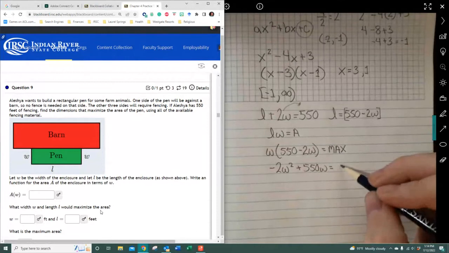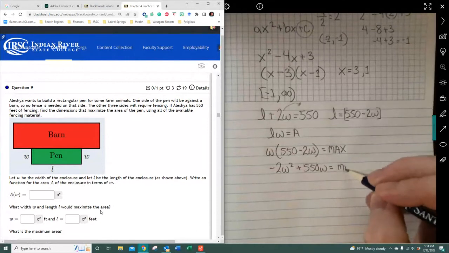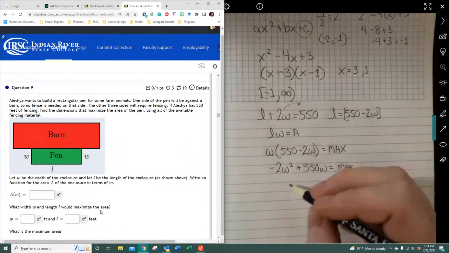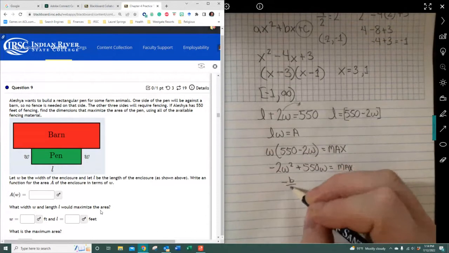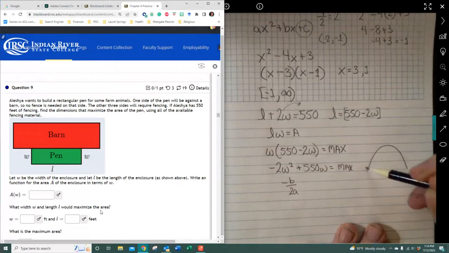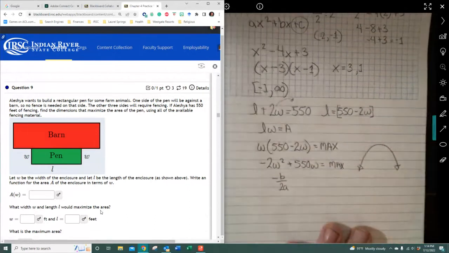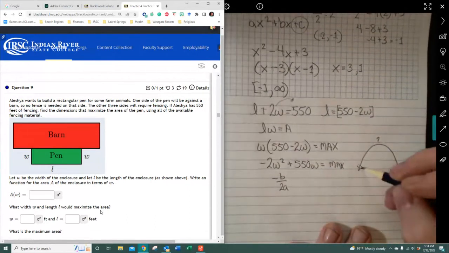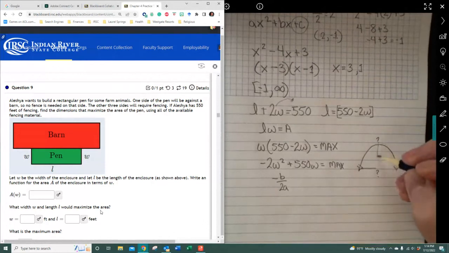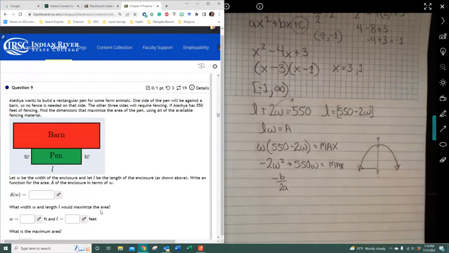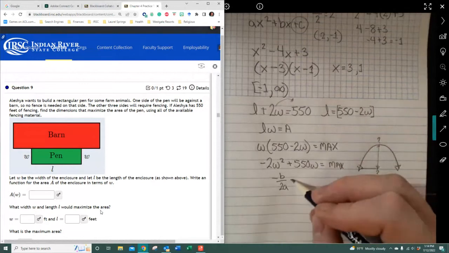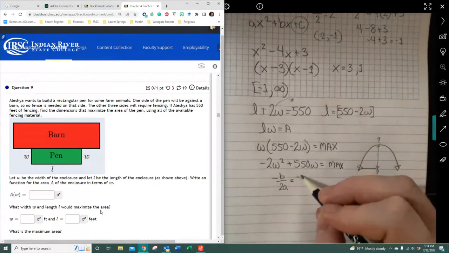All right. And then again, we're looking for the max. And to determine what the max is, we go ahead and use -b over 2a, because now this is an inverted parabola. So we're looking at a function of when does this occur. So that's the point of interest we have. We use the formula just to determine what the value of W is going to be. So it's going to be -550